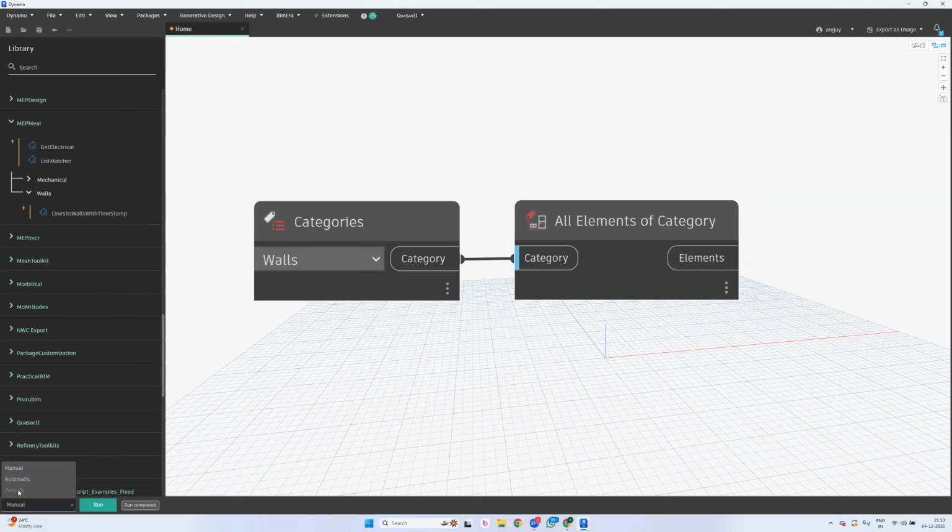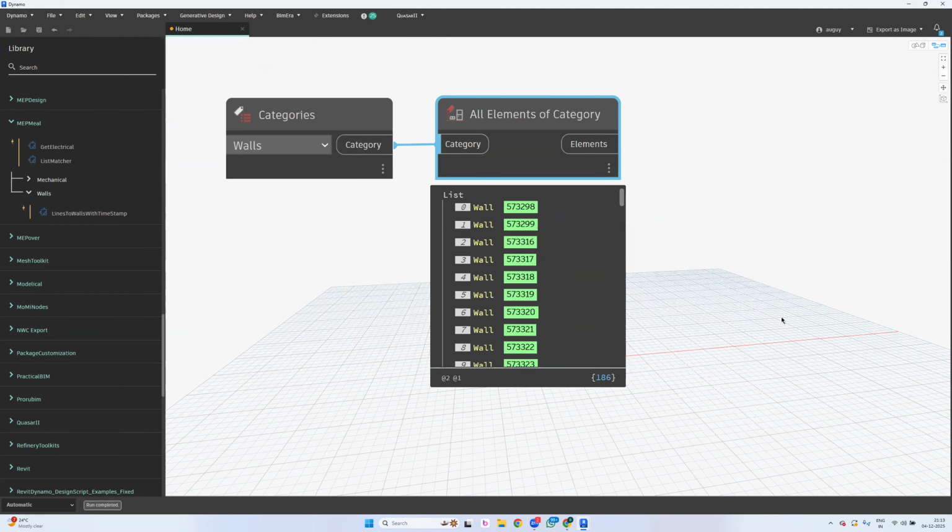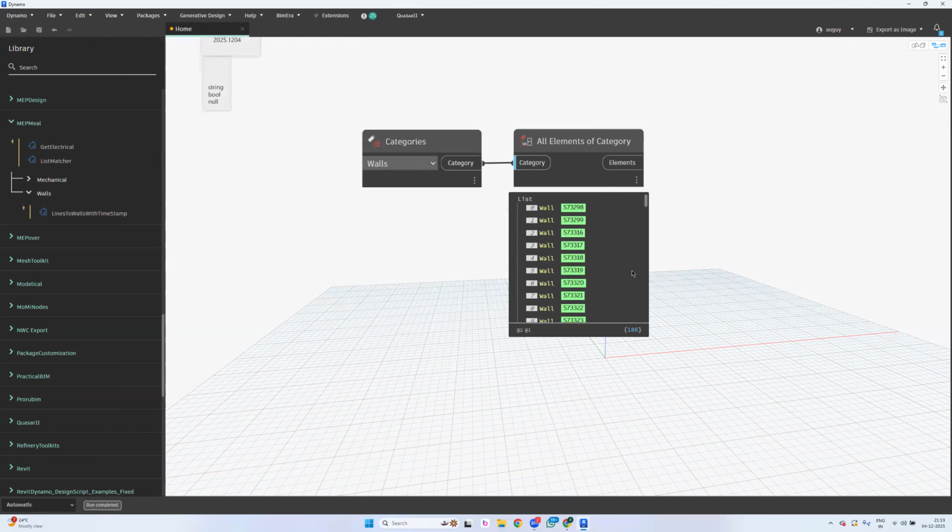So whenever you start reading, you will have a superpower by the end of the training, knowing what a node is exactly asking and what it is actually returning. Trust me. So when I connect the walls to it, it's giving me elements. It's giving me elements. The same way,